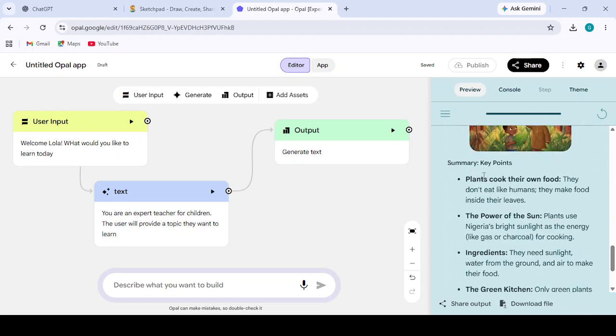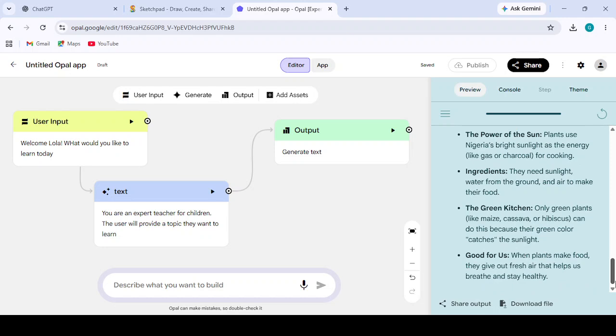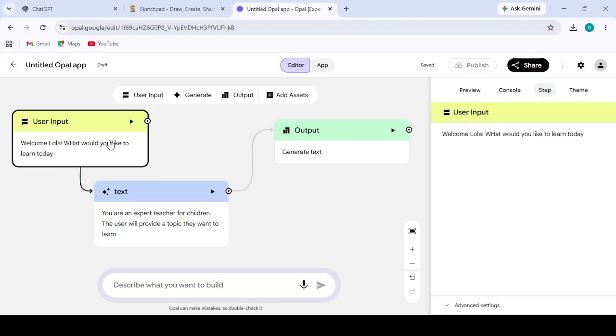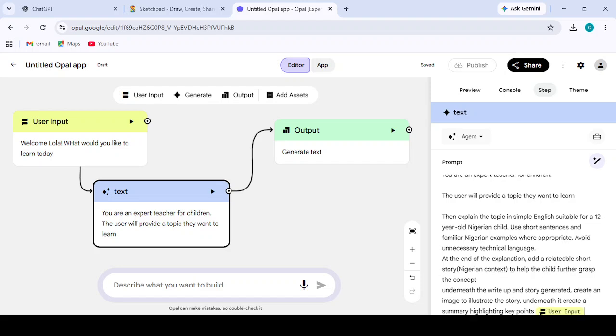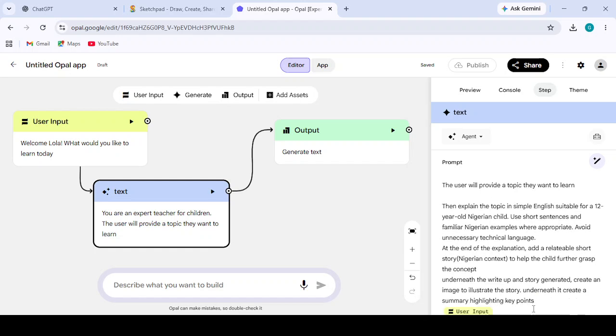Okay, it gave us summary key points. So this summary is just to explain everything that the child learned. I would still like to add one more feature. Let's say it's for my child now. If I'm doing it for my child, I will add one more feature. And the feature will be something like, I will tell the AI agent to always tell my child how smart they are. You know that when you keep repeating things to people, they believe it, even if they are not it. So I'll now add it that